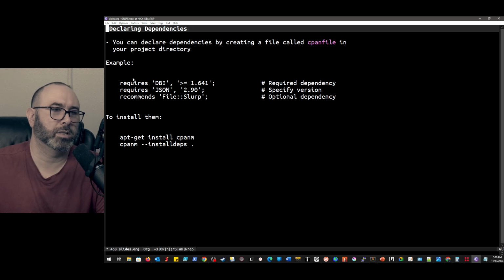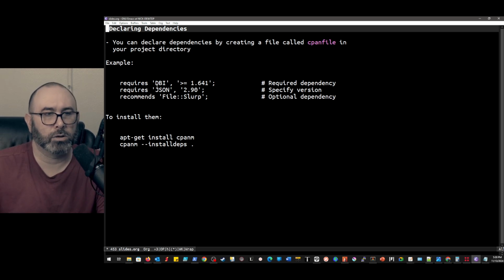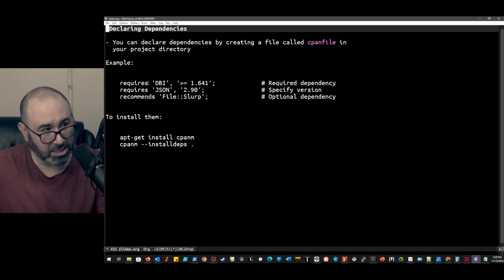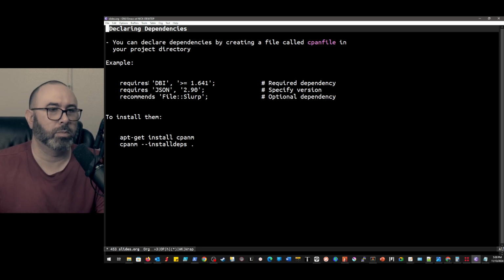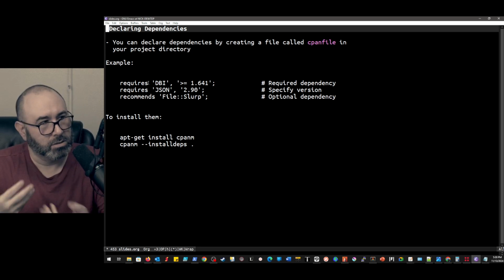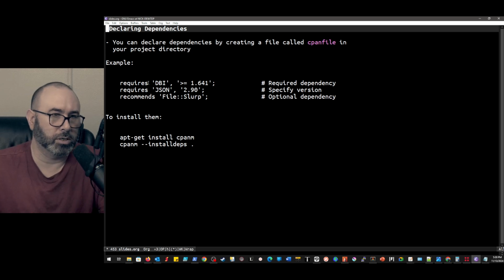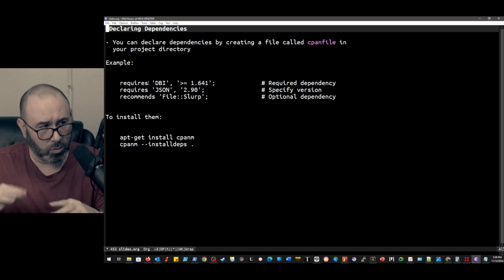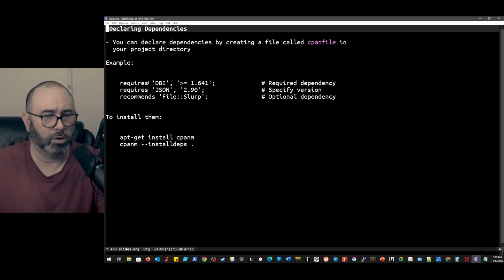Here it requires DBI, which is our database interaction library, and JSON, and we're specifying particular versions, with a comma between the module and the version. A requires statement says this has to be installed, and recommends is something you could install but don't necessarily need to. Typically for me, it either requires it or it doesn't, but whatever.